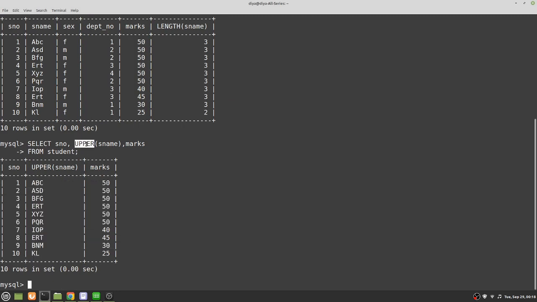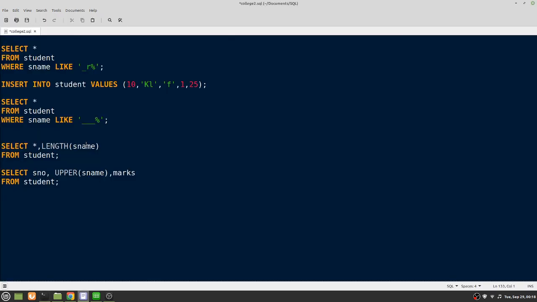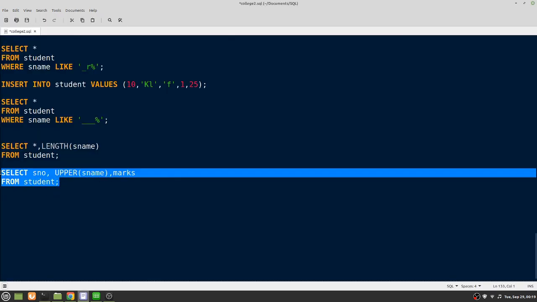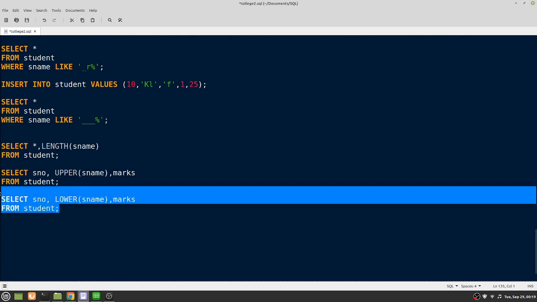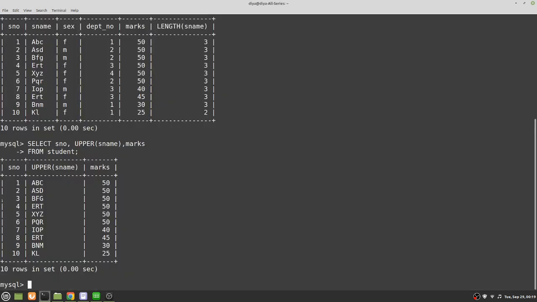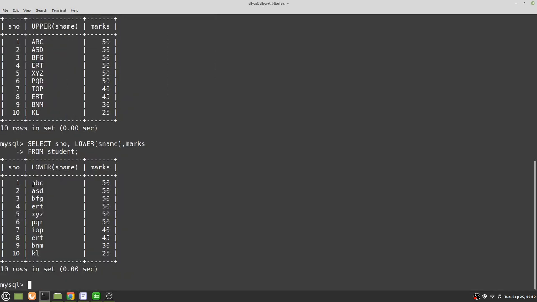So upper is a scalar function that you can use to change the casing of a string. Similar to upper, we have the lower function. So if I do this with the lower function and paste it in the terminal, you can see everything is now in lowercase letters: ABC, AST, BFG, ERT, XYZ, etc.